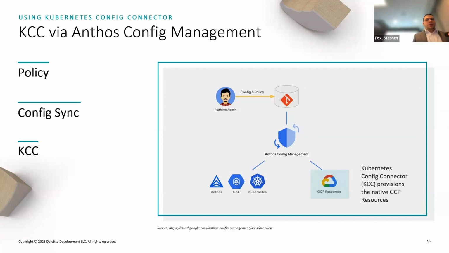And just as a side note here, Config Sync is also exposed as a custom resource definition in Kubernetes. So you can use a Git repository to map your Config Sync objects to a Kubernetes cluster, and then that Kubernetes cluster can go off and fetch a whole tree of different resources and provision those other resources in other namespaces, and even provision your KCC resources.